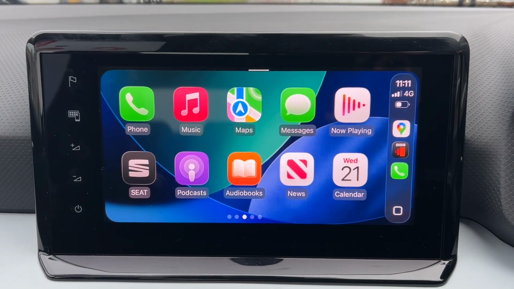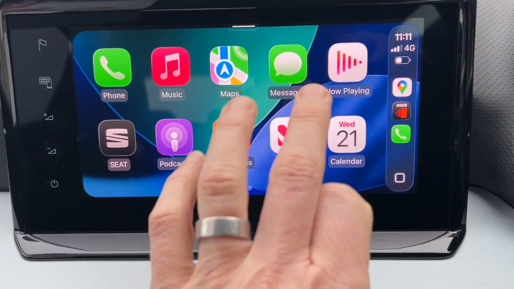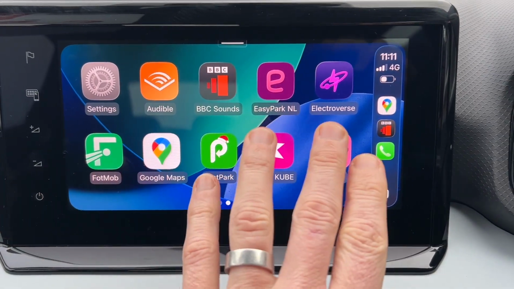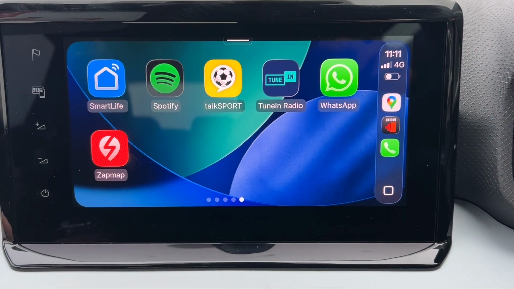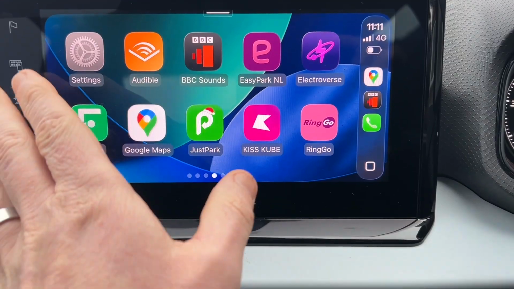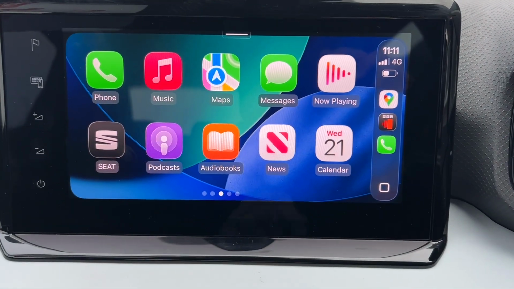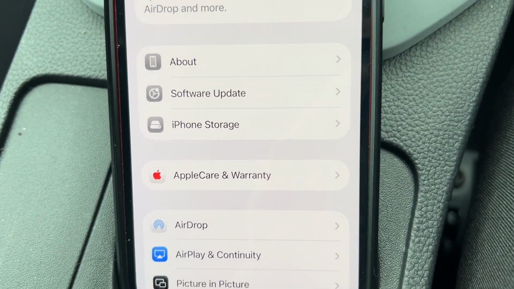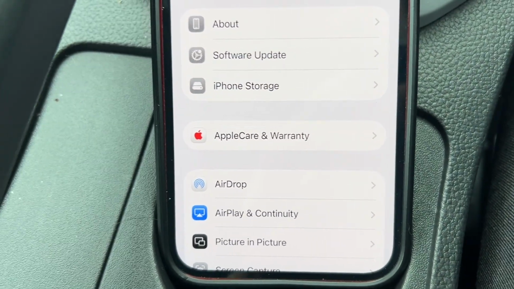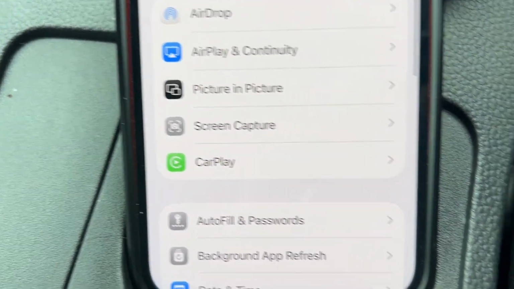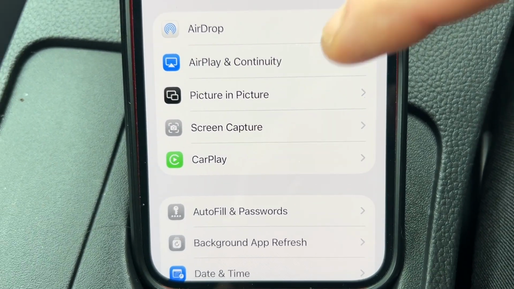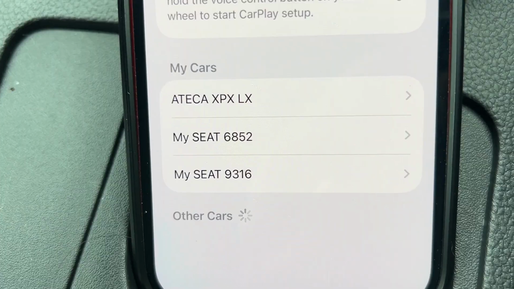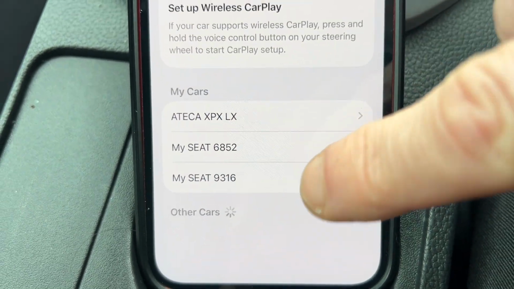So this is how the standard setup is, and in my case I've got Google Maps on the second page and things like Spotify and WhatsApp on the third. So it's not ideal. So if I go into my phone, go into the General Settings tab, and then if I scroll down to where it says CarPlay, there we go, the green one there. If I select that one and then find the device that's actually connected, so in my case it's the bottom one,